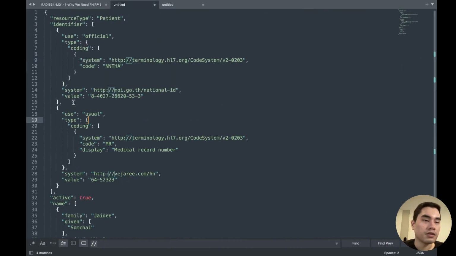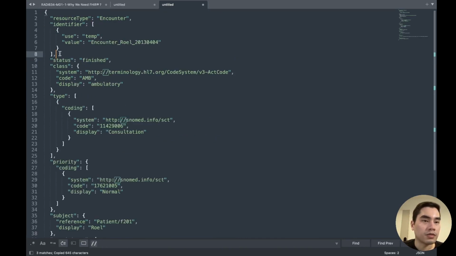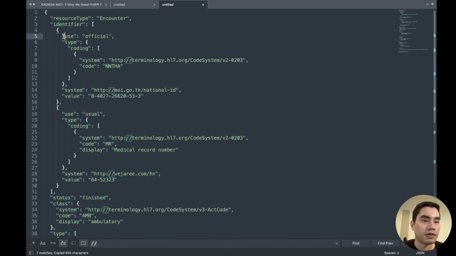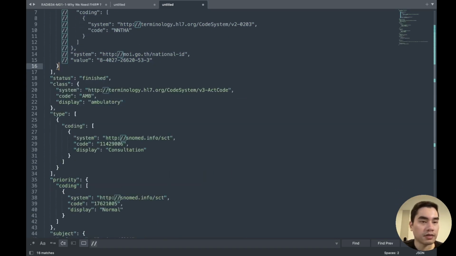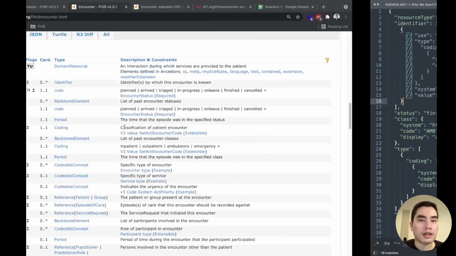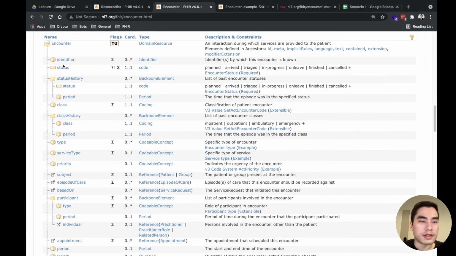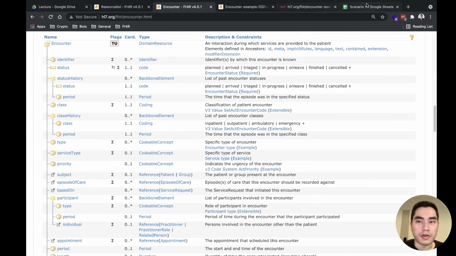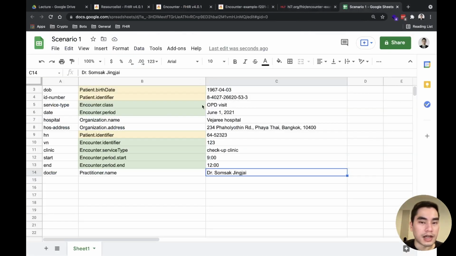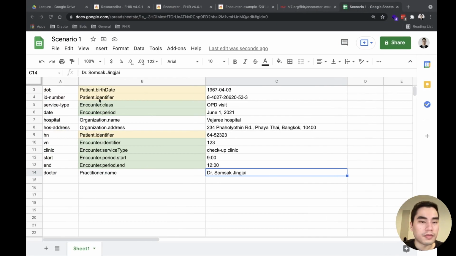So we can copy it here like this to this one, no problem, and we will change the value later. Like this, and we have a required status here, a required element here, so we have to keep it, and we will keep the encounter class like we said. This one keep.